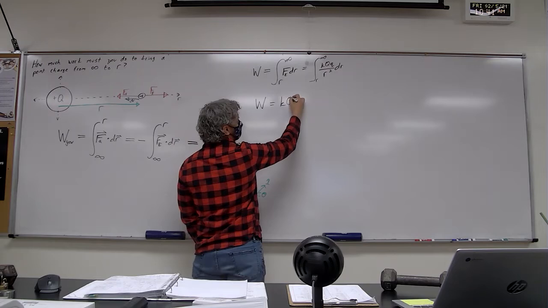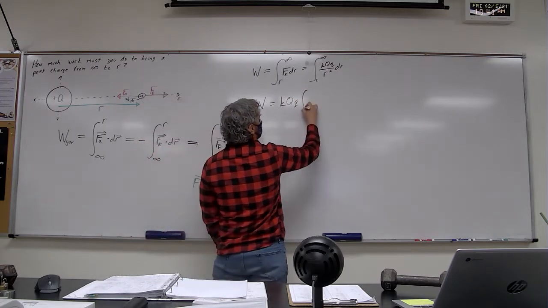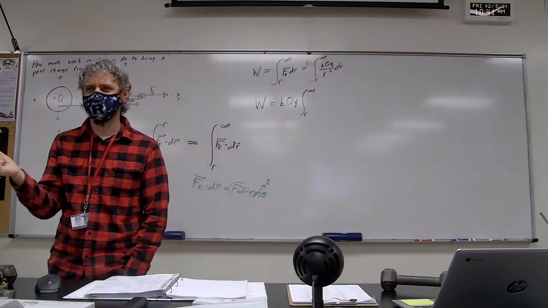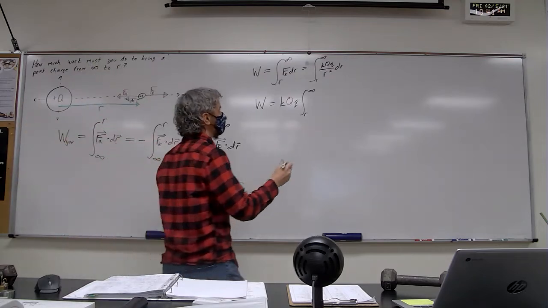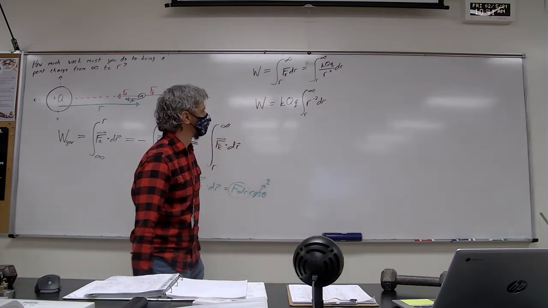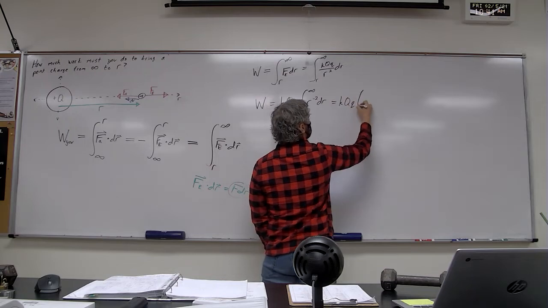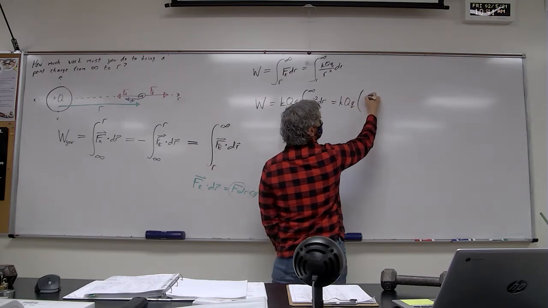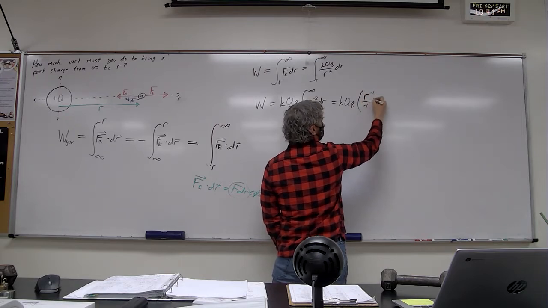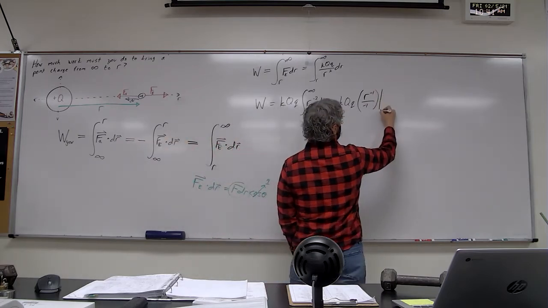So I'm going to rewrite this integral. First, I'm going to pull out the constants. K is a constant, Q is a constant, little q is a constant, times the integral from r to infinity. I don't like integrating 1 over r squared. I like integrating r to the negative 2. Integrating r to the negative 2 gives me r to the negative 1, divided by negative 1, if you want to show all the steps, evaluated from r to infinity,